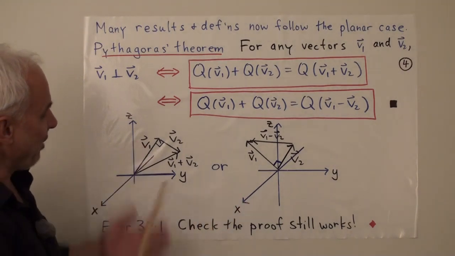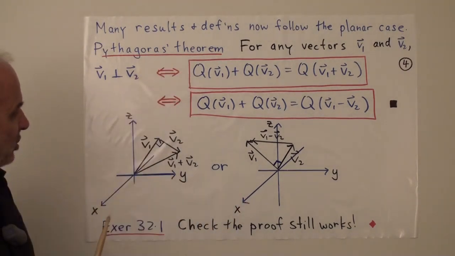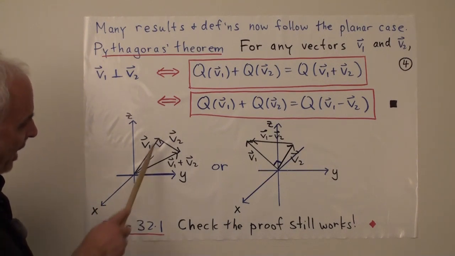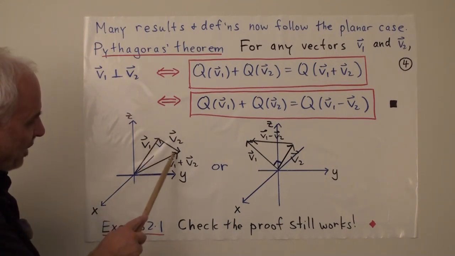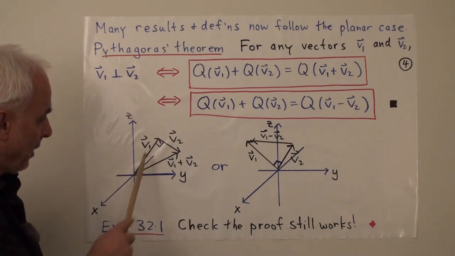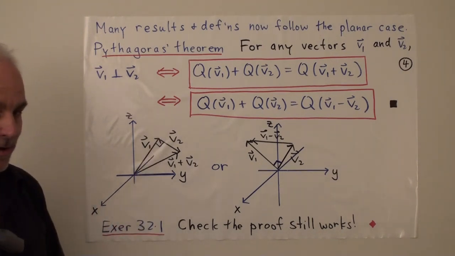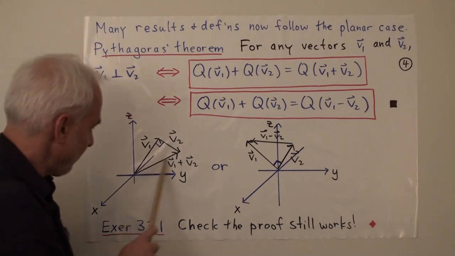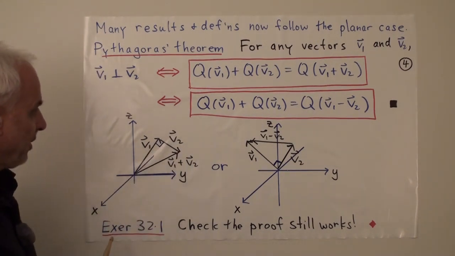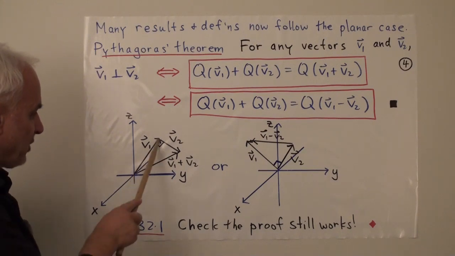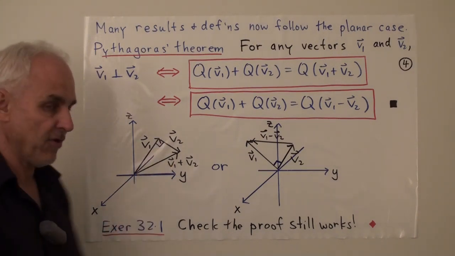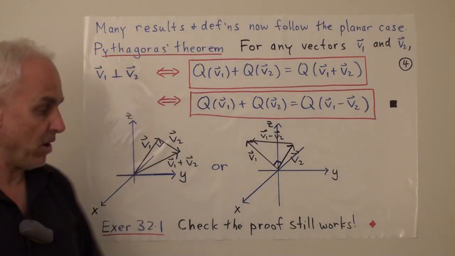And there's sort of 2 diagrams that we can associate with these 2 equations. So here we have a vector v1 and another vector v2, which we're drawing here, emanating from the head of v1. And these are perpendicular here. This is the vector v1 plus v2. So we have a right triangle here. In that case, the quadrants of v1 plus the quadrants of v2 will be the quadrants of this third side, the hypotenuse v1 plus v2.